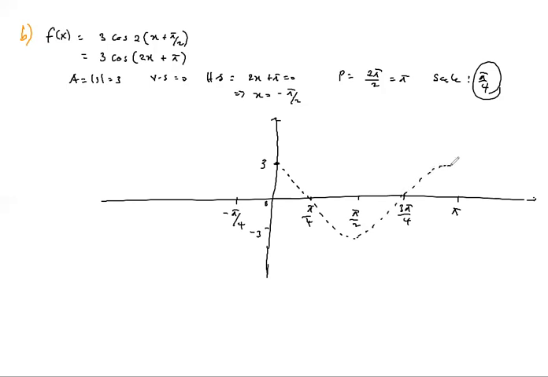And then from there we shift it now to the left by pi over 2. So we get each point and move it to the left. That point will come here, this point will come here, and that point will come here, that point will come here, and that point will come there. So our graph now is going to be that. So you should be able to practice and see and try to make sure that it comes out.